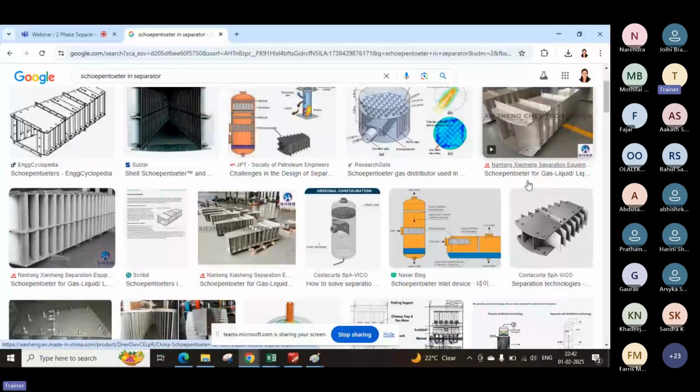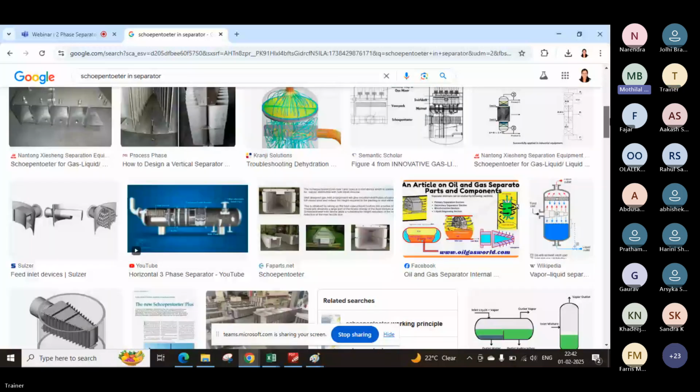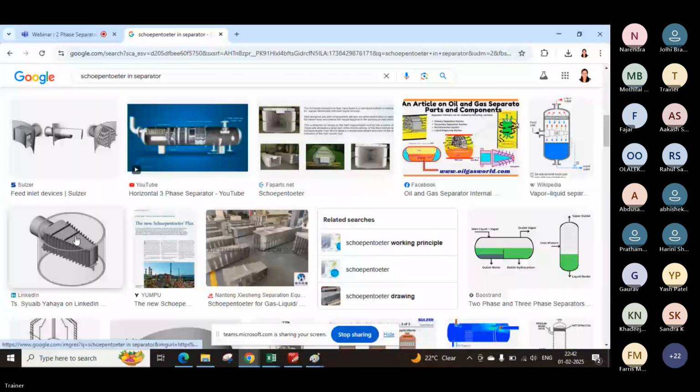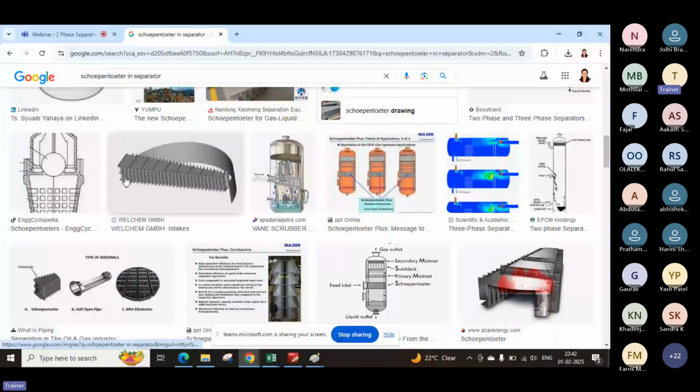Yeah, we have this kind of sine wave curve type of baffles inside the vessel, but cleaning was very difficult, sir. Solid salts are accumulating there. This is the Schoepentoeter, and generally this is a half open pipe. Here you can see it is reducing the area so that it maintains